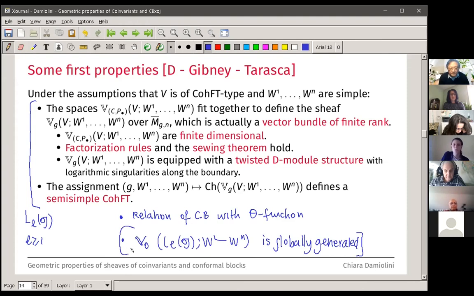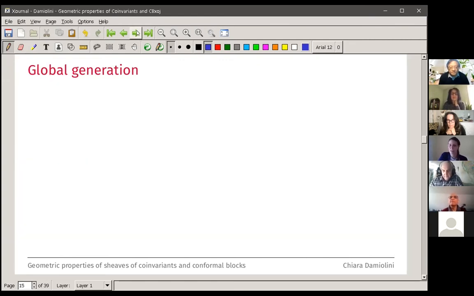It could be that this module is just 0, so there is nothing more to say, but independently of what the W_i are, this is always globally generated for this vertex algebra. And so it was natural to think, as an algebraic geometer, can we describe this property in this case? Before doing this, let me tell you what global generation means,